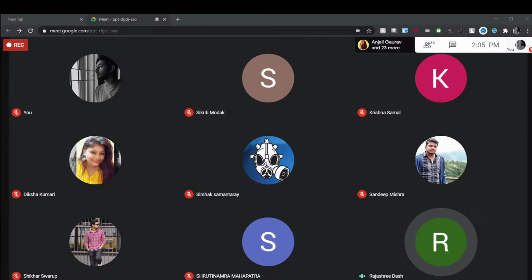Then we have started discussing the concept of our first CPU scheduling algorithm, that is First Come First Serve scheduling. As I have told you, it is the simplest one. As the name specifies, first come first serve: the first process that has entered into the ready queue will be the first process to be allocated to the CPU. Normally, First Come First Serve is a non-preemptive scheduling.